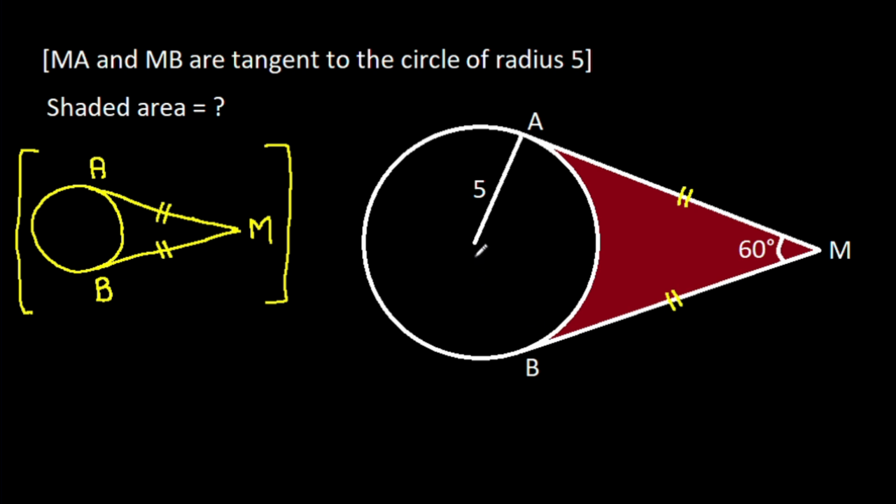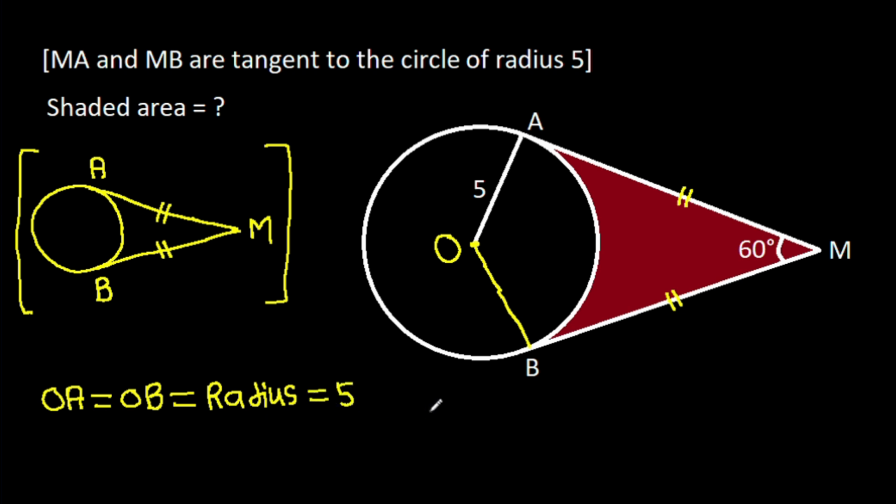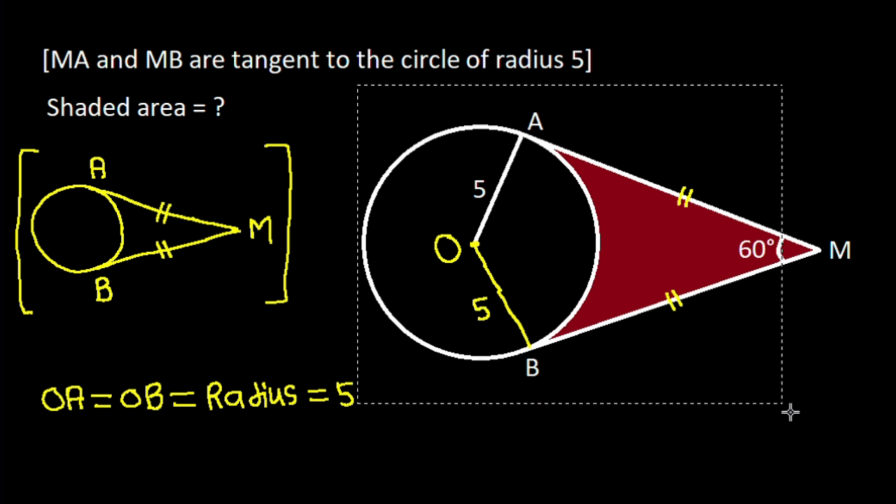and suppose the center of the circle is O, and if we join OB, then OA will be equal to OB, that will be the radius, and it is 5. So OB is 5,